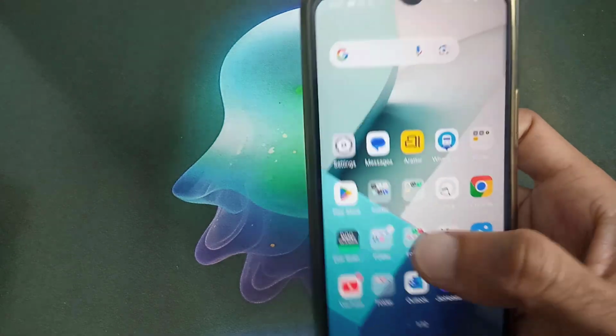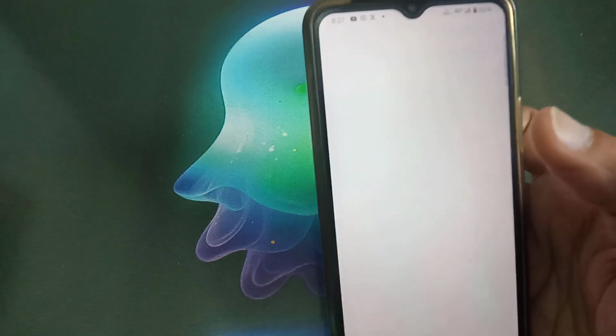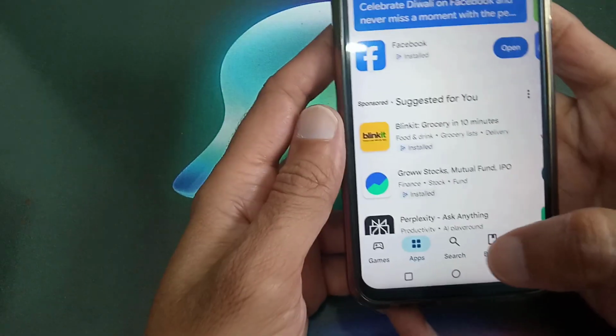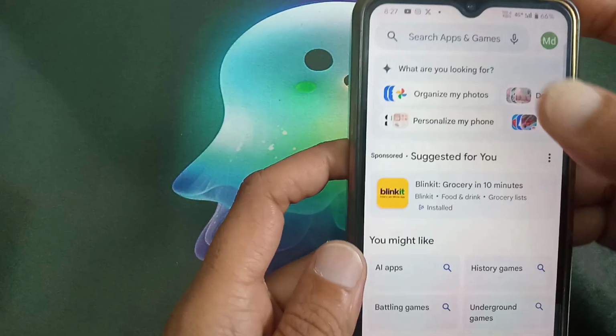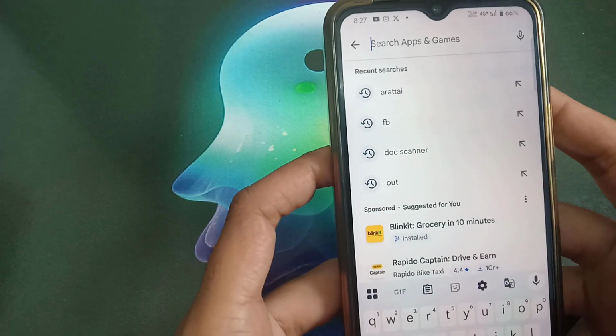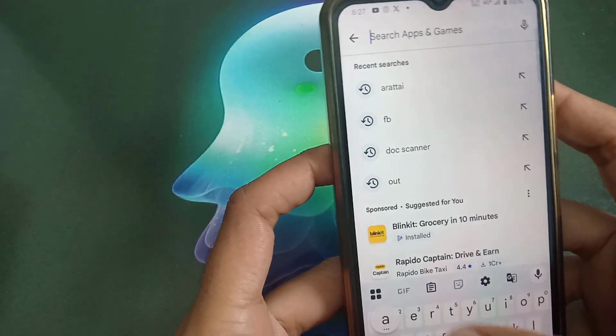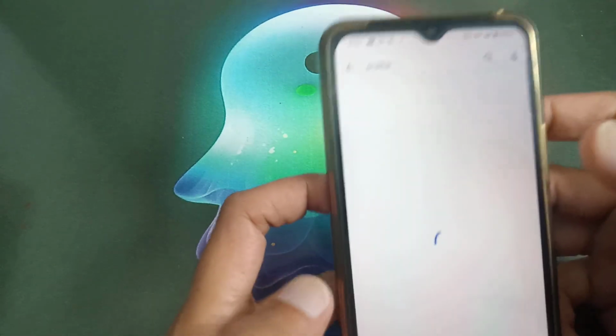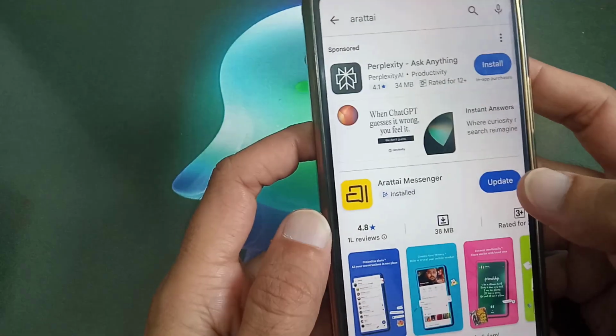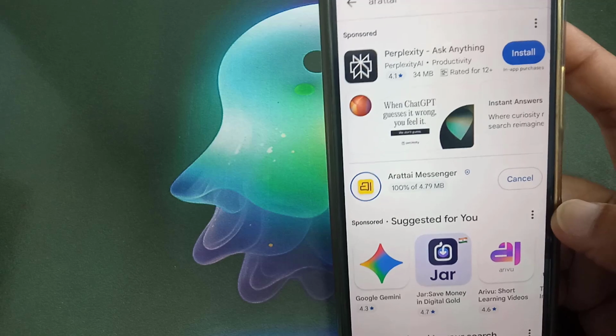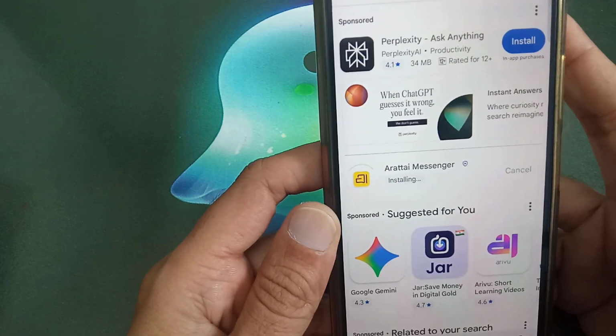First of all, what you have to do, you have to just open the Play Store app. Here in bottom you can see search, then type your Arattai. If it is not up to date, then update it from here. After completion of this update, then go back,